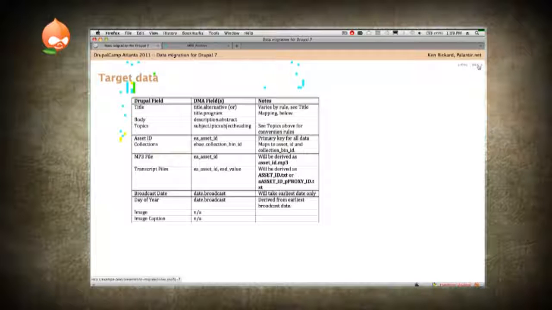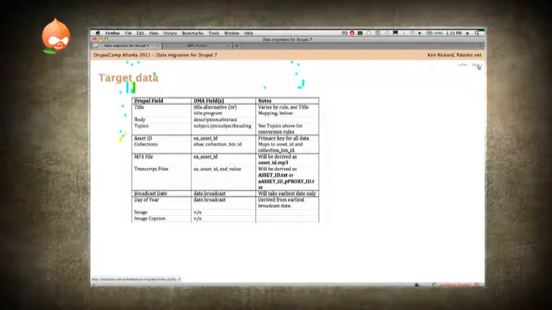And one of the things you have to work out at this stage is, well, what am I going to do with that? Am I going to try to reach out and grab that MP3 file off a server somewhere and shove it into Drupal as a file object? This kind of process lets you answer those questions, right? The other thing it lets you do, of course, is get your head around what the data looks like, because